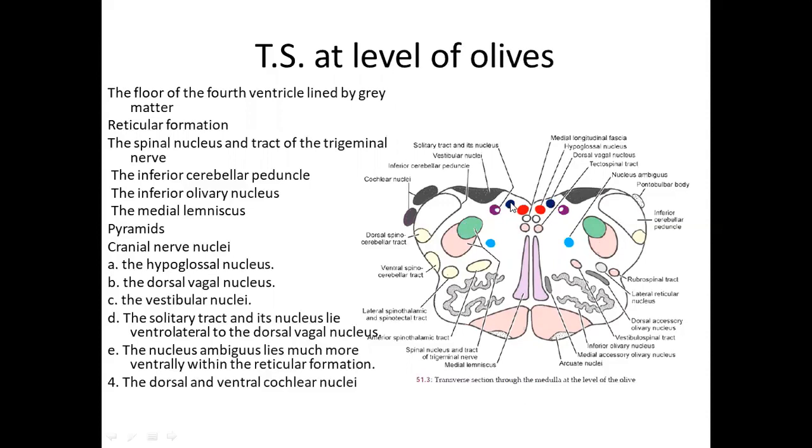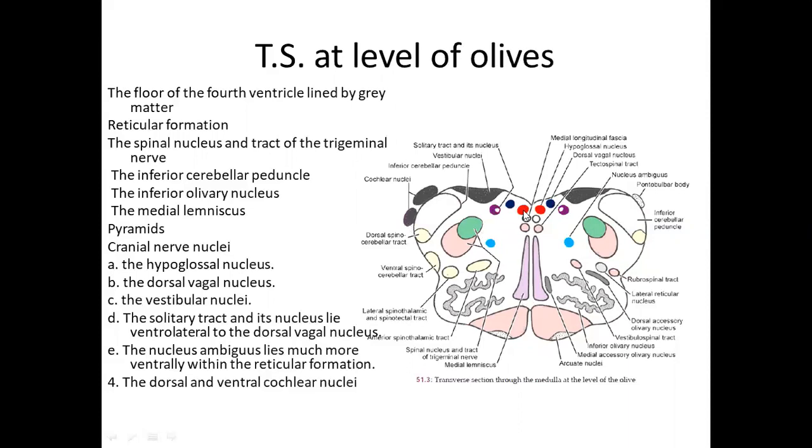Beneath the hypoglossal triangle, we have the dorsal motor nucleus of the vagus beneath the vagal triangle. Then we have vestibular nuclei beneath the vestibular area. Then we have spinal nucleus of trigeminal nerve. We have nucleus tractus solitarius. And we have nucleus ambiguus situated close to this spinal nucleus of trigeminal nerve. And we have the cochlear nuclei, the dorsal and the ventral cochlear nuclei, the dorsal forming the auditory tubercle. Then the white matter consists of the corticospinal fibers forming the pyramids with the arcuate nuclei capping it.